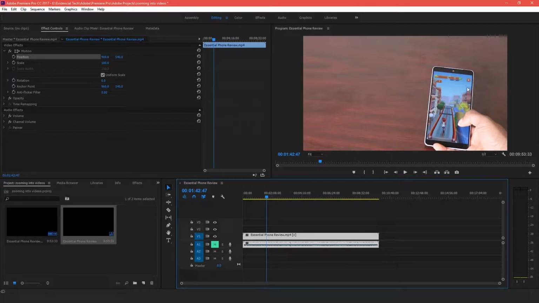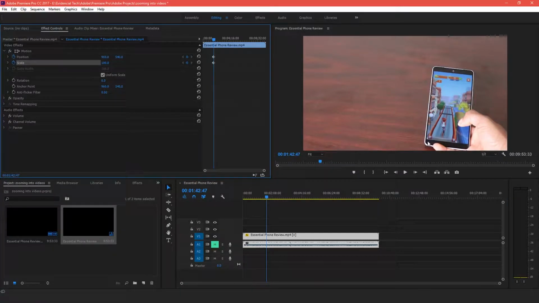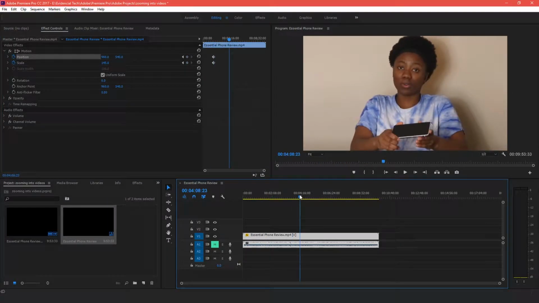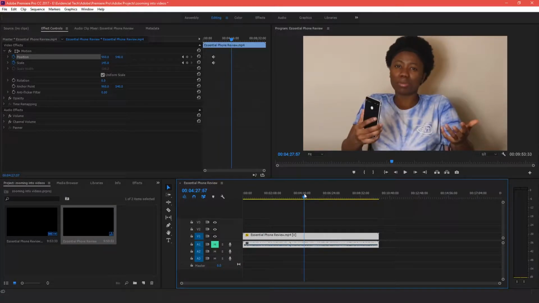So once you get to wherever you want your zoom in to begin, you add your keyframes. Then you move on to the next frame, add keyframes, and then put this at 145 for example, and click enter, and scrub to where you want your zoom in to end,